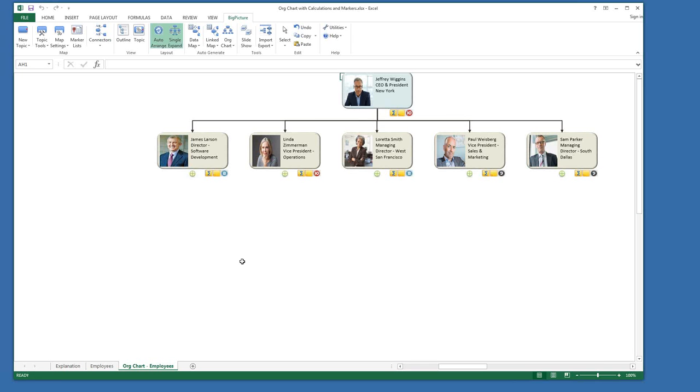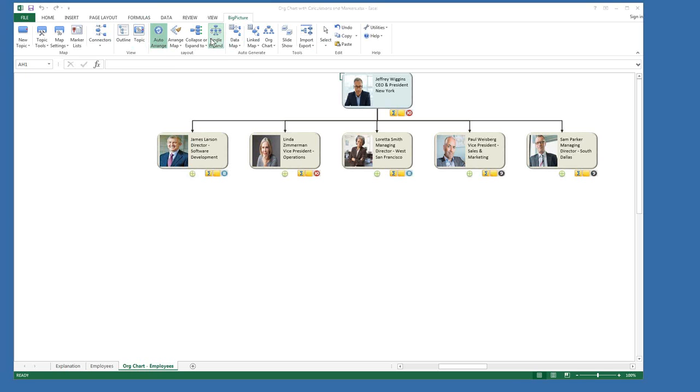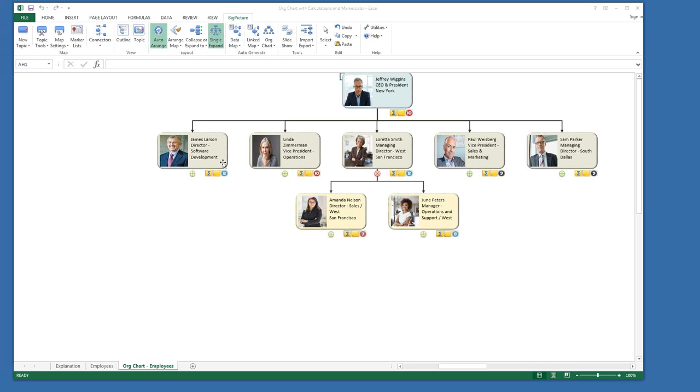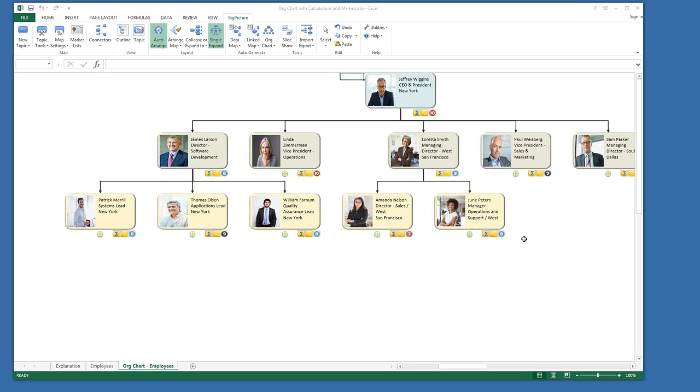So here is the start of our org chart. You may be looking at this saying, but there were a lot more employees listed in the data set. Again, we have this auto arrange and single expand on, so that when I click out here and I decide to go to Loretta Smith, it'll automatically collapse them. Again, if I choose to shift click, I can go ahead and shift click and it'll keep those all open at the same time. Or maybe I would like to